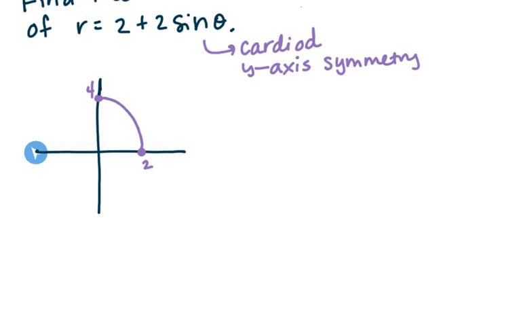Now if I find sine at pi, that's just going to be 0 again, so I'm left with 2. And then if I look at 3 pi over 2, sine is negative 1 here. So negative 1 times 2 is negative 2, plus 2, so that's where the 0 is coming in. Going into 0, and then of course when we go to 2 pi, it's going to go back out to 2. So this is our graph that we're visualizing, and I want you to find the area. So we want to find all of this area